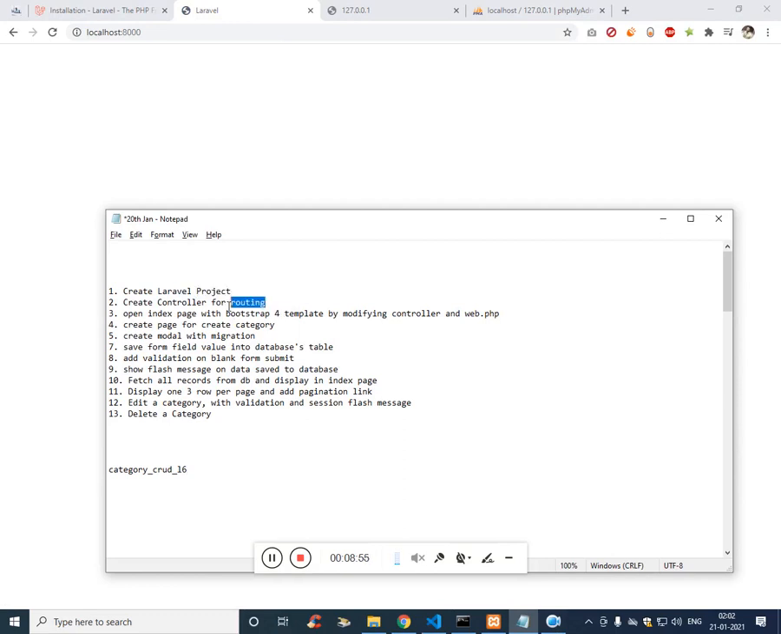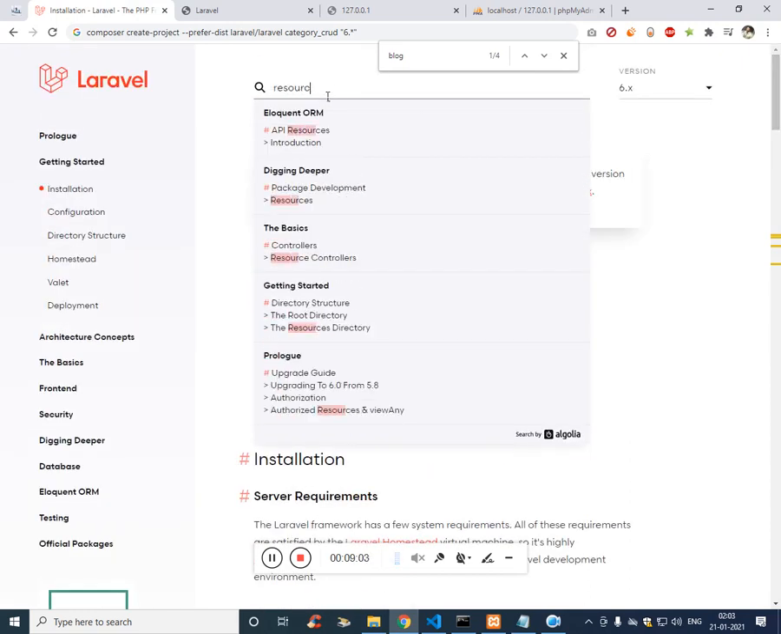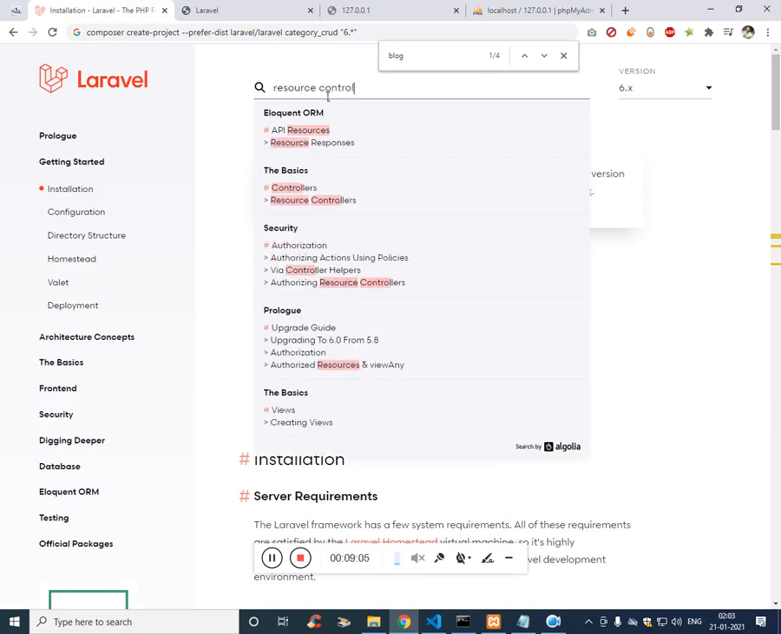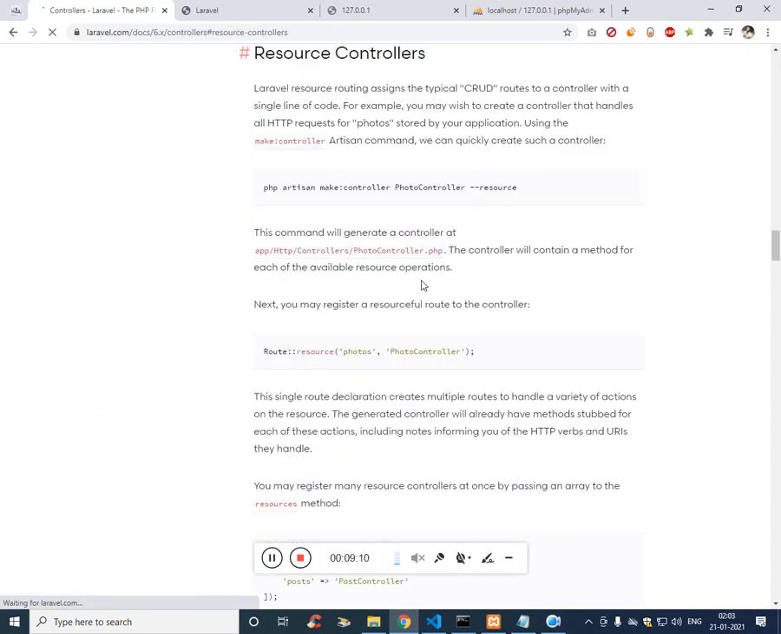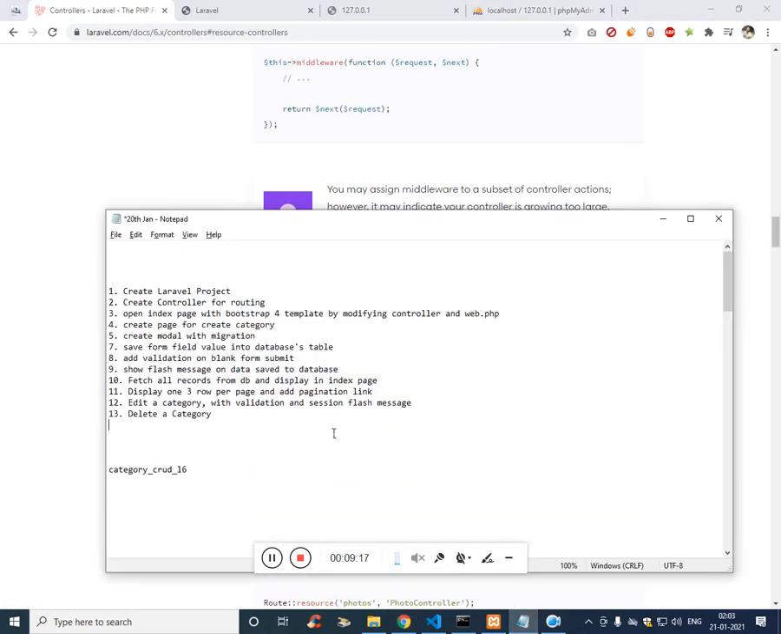Now we have to create the controller. So let's create the controller. We have to get into the documentation. Just search resource controller. Click on it, and if you see, this is a code. What it is actually saying is php artisan, it's a command, make:controller with the name. Let's give the name of the controller as CategoryController. Make sure to give Controller, or else